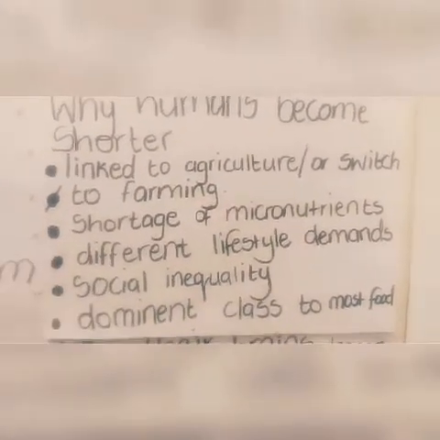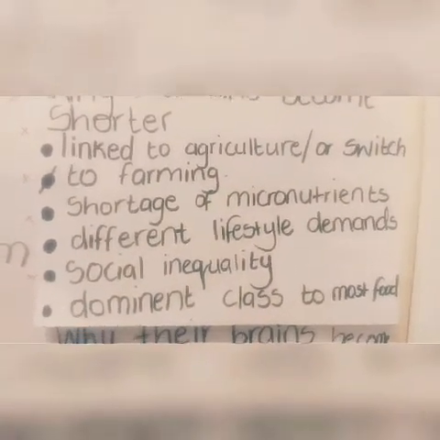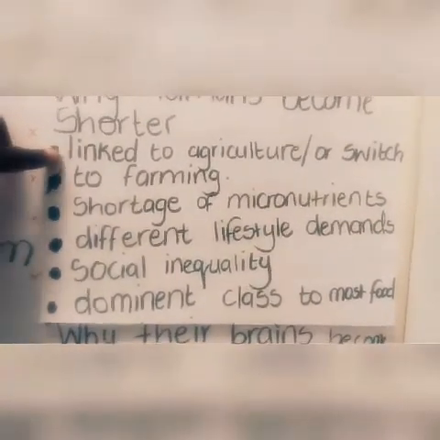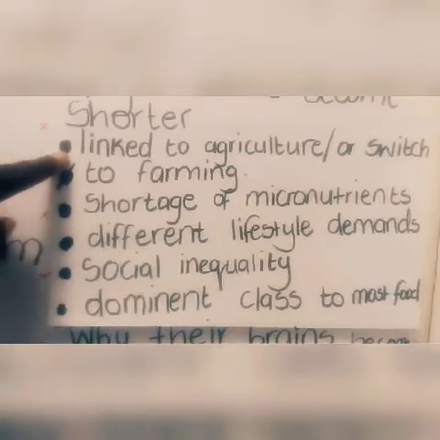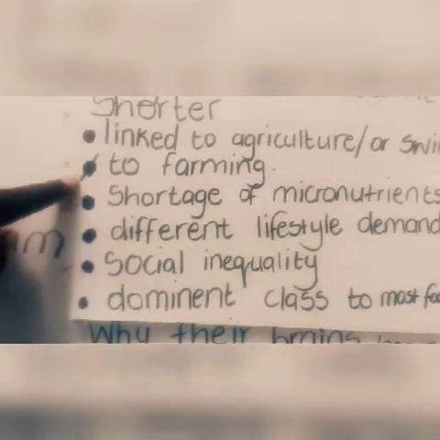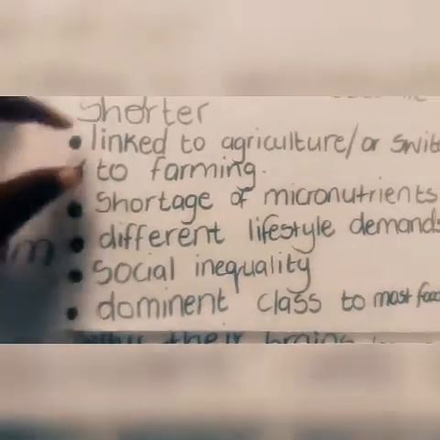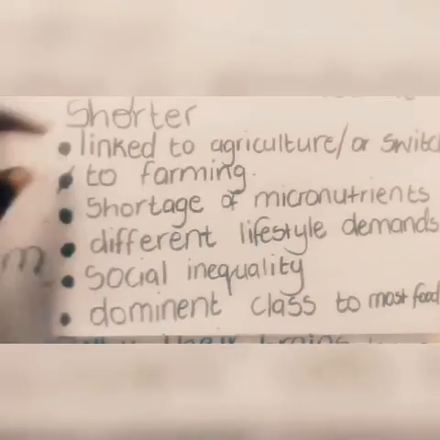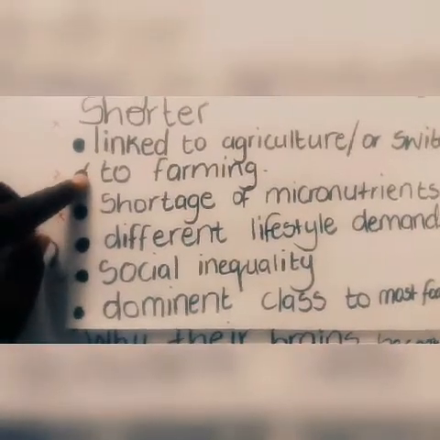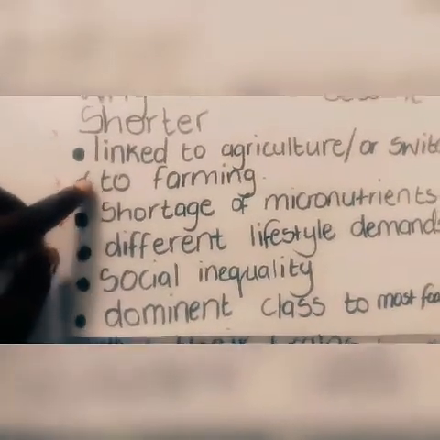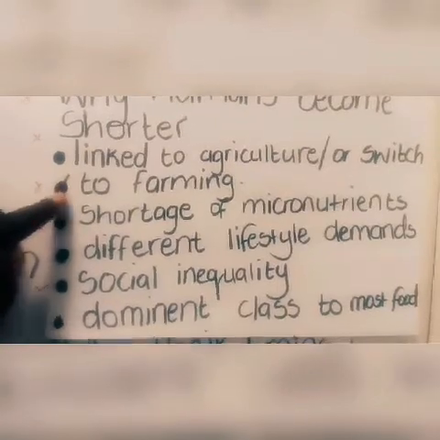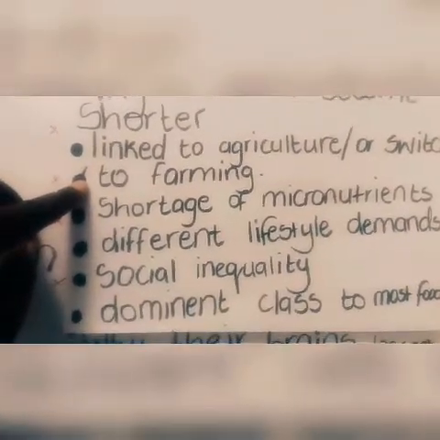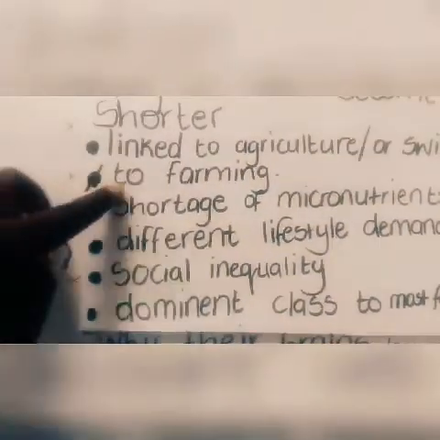But when I gave my answers, I realized that the first answer, which is linked to agriculture or the switch to farming, is longer. It cannot fit at the first bullet. I had to delete my second bullet so that this reads as 1 point. Because if I leave this one not deleted, then I'll have two answers linked to agriculture or the switch. Then this one will also be considered as an answer to farming, which is meaningless.